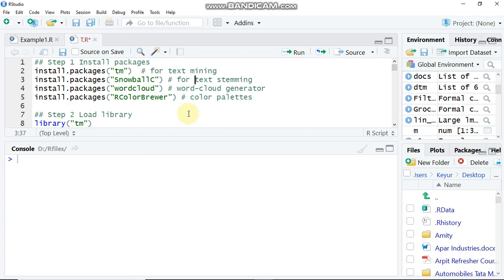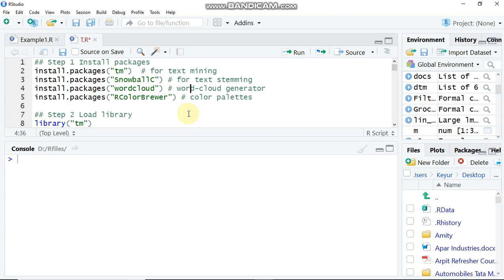Now what is stemming? Let us try to understand through an example. If there are two words, jumping and jumped, jumping is in present tense and jumped is in past tense. So what will this package do? This package will remove ing and ed from both the words, and jumping and jumped will be brought back to their original form, that is jump. So we can find out how many times the word jump has been repeated in a Word document or text file. This is the purpose of this package.